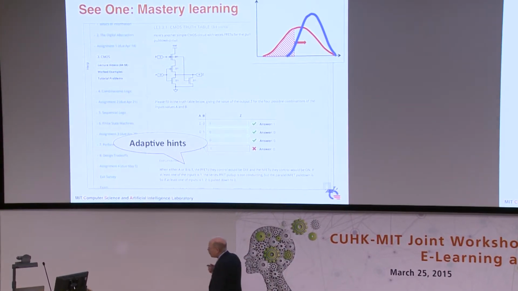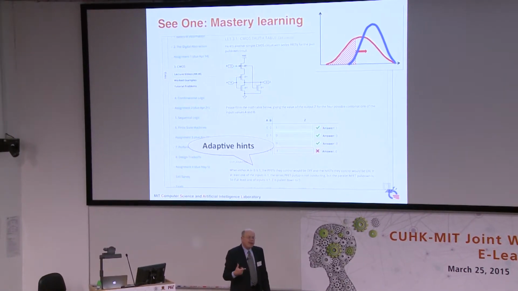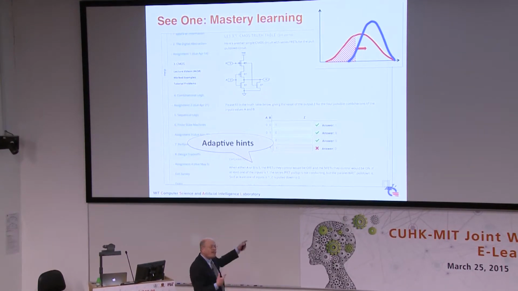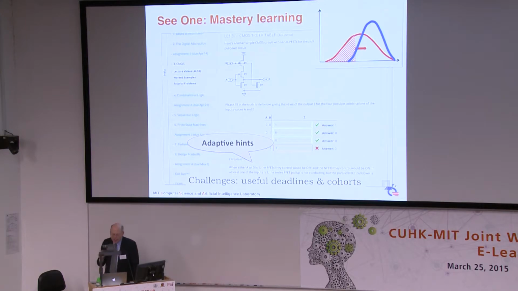And so one of the things that we've been working on recently is creating adaptive hints. Well, CMU had a great project, the Online Learning Initiative, which really pushed these, and we're starting to put these into the platforms, where depending on how you got the answer wrong, we will have a hint that's specific to that answer. So I can look at all the wrong answers for a particular question and start developing hints for people who got particular classes of wrong answers. So a key to mastery is not whether you got the answer right or wrong, but when you got it wrong, somebody tells you, maybe you forgot to think about this. So we're trying to make the online platforms do a better job of that.